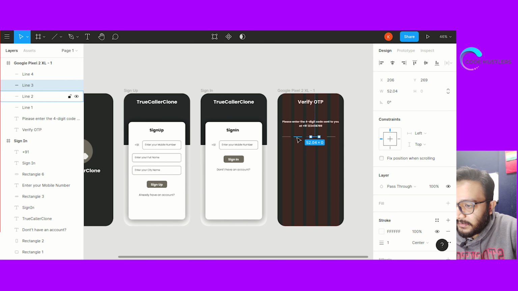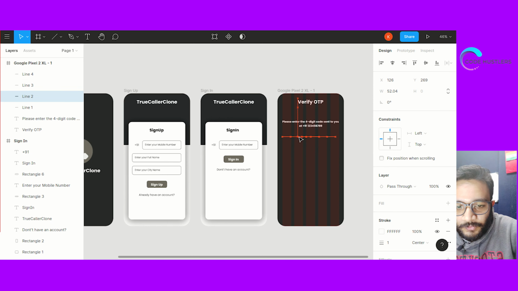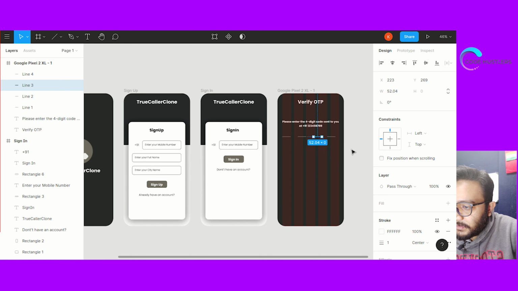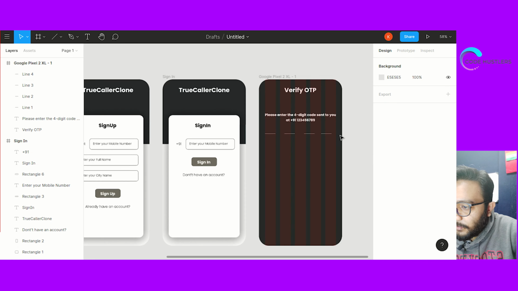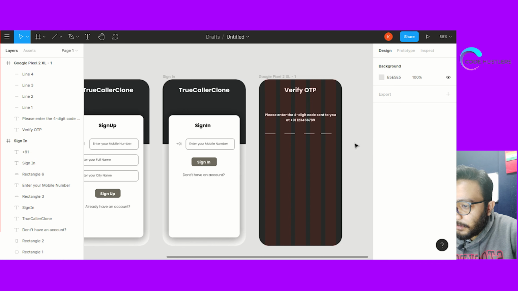You can make it 6 or 7, or fewer like 3 or 2. It's up to you. It depends on the size of your application, how many OTPs you are going to generate at a time, so that it should not repeat.